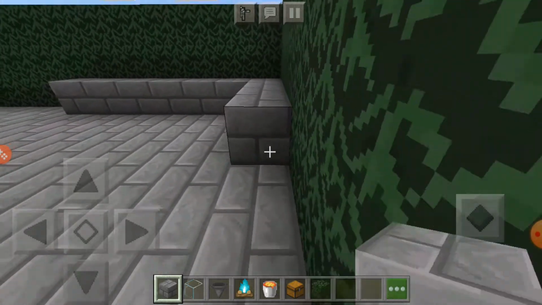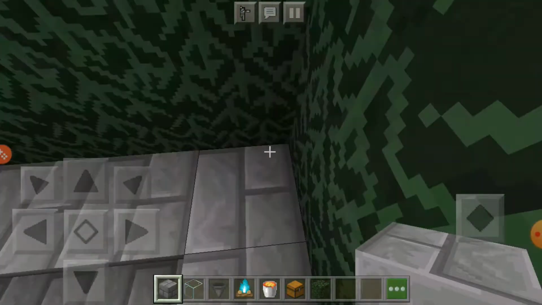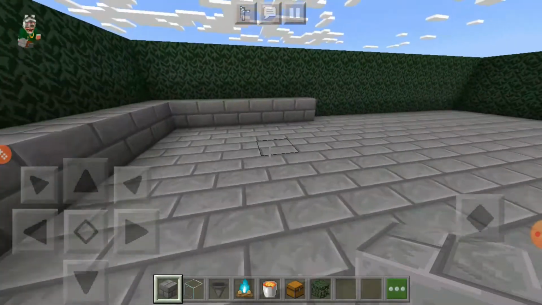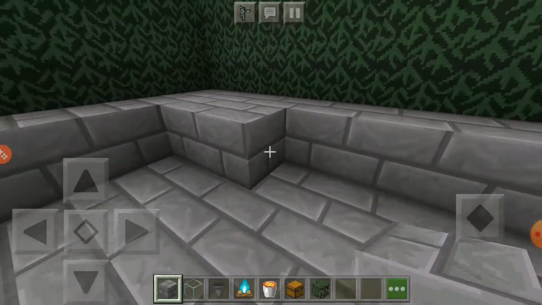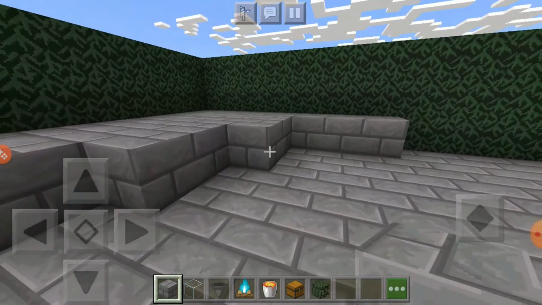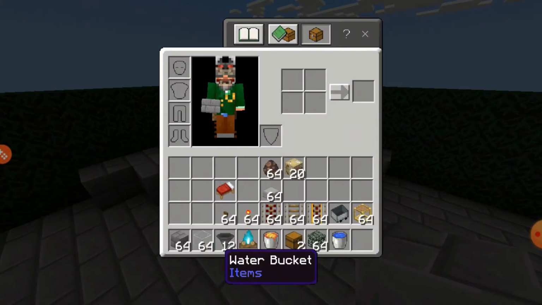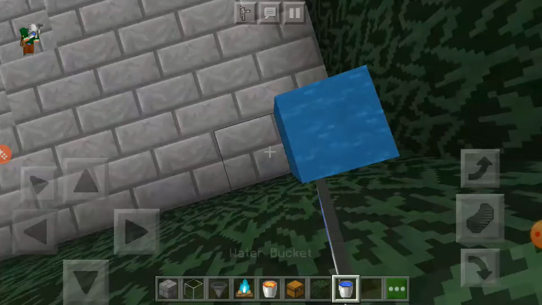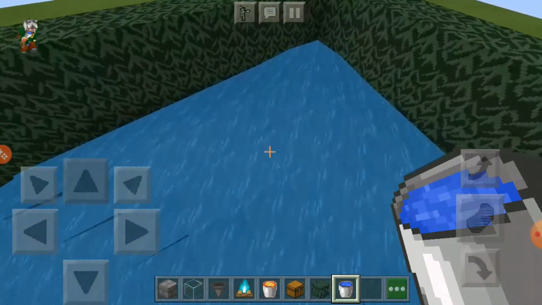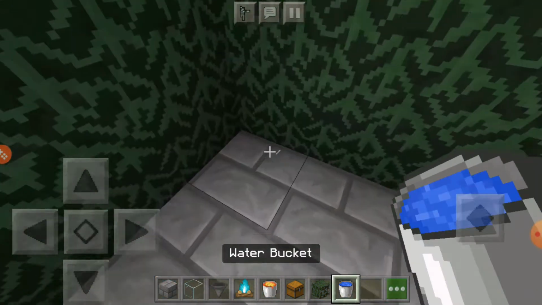So you basically make this 7 blocks away from the other, to make the water spread even further, along with also filling the insides of it like this. So with this, the water will spread quite far. It's also recommended that you don't place the water, like click the water, in the leaves, because